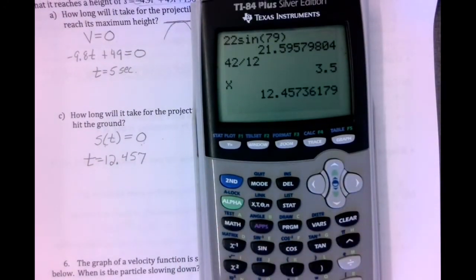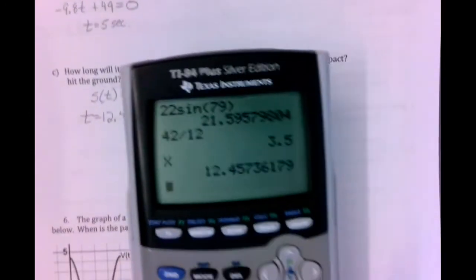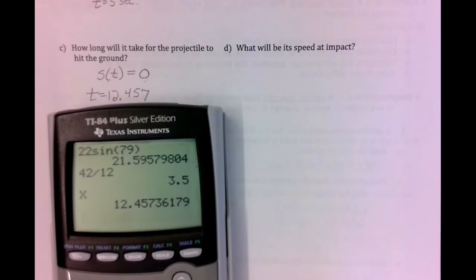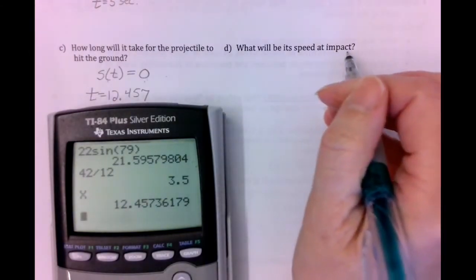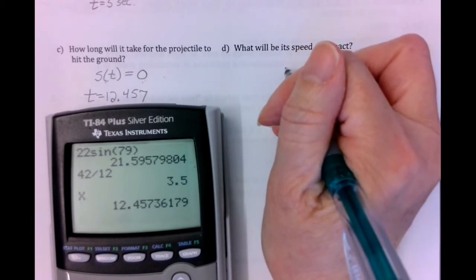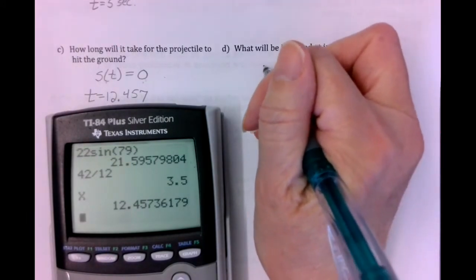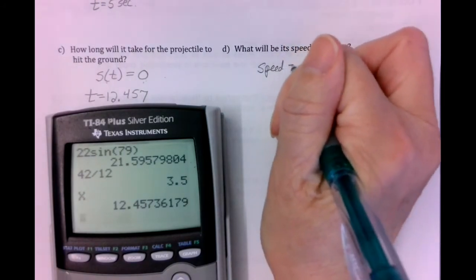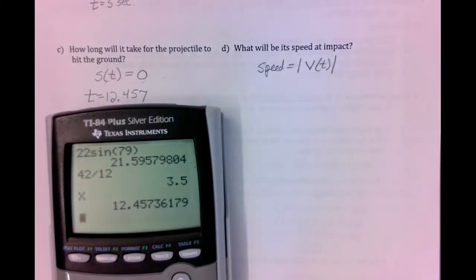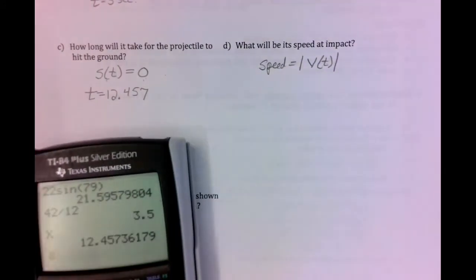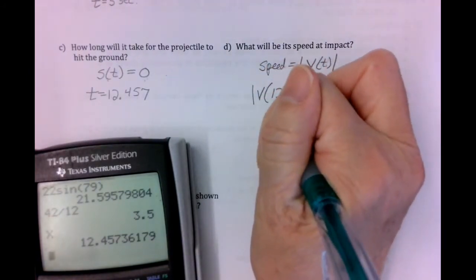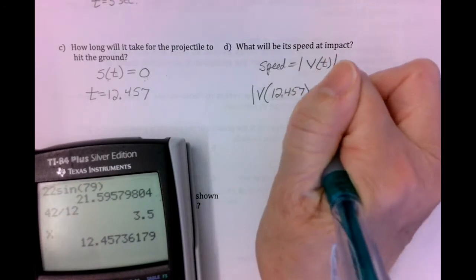Part D, what will be its speed at impact? Speed doesn't take into account direction, just the amount of the rate. So speed is defined as the absolute value of velocity. So the speed at impact means I am finding the absolute value of v at 12.457. Now even though I'm writing 12.457,